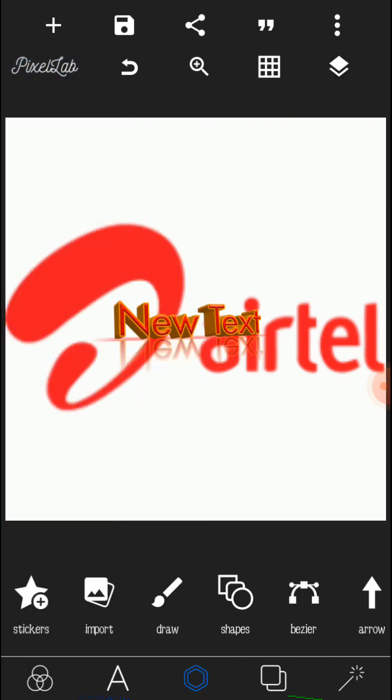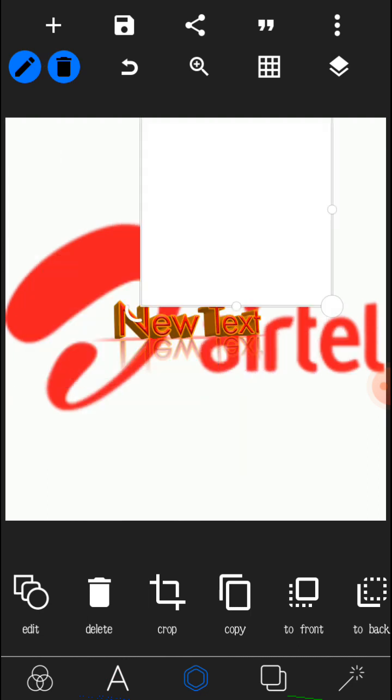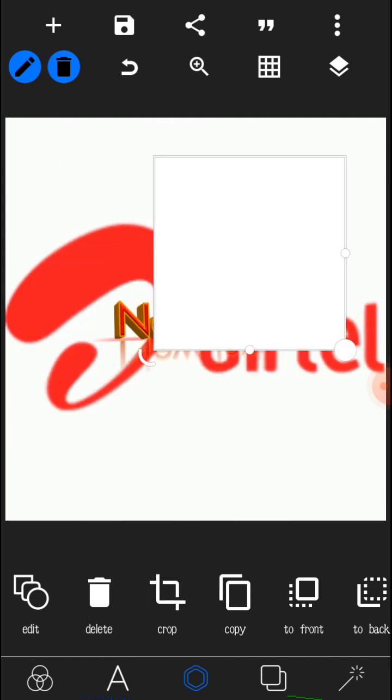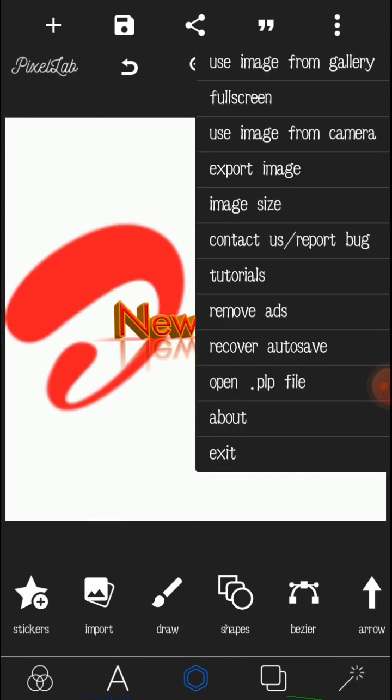Delete it. Now, this one is to undo. Like I deleted this shape now. I've clicked it. It's undo. It's undone what I did before. That is what it does. I delete it again. Here, if you use any image from here, it will reflect on your full